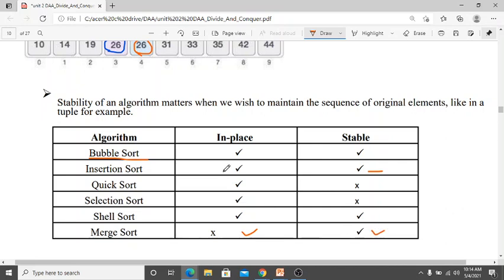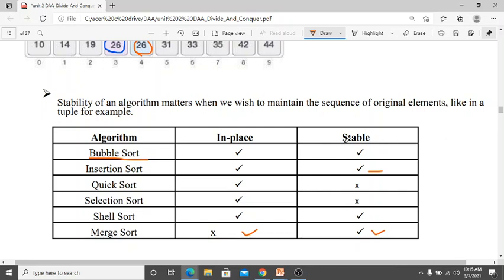Okay, so this is simple for a viva question, or maybe it will tell you in the example, give some examples of in place algorithms, then you need to give the names. And stable algorithms, what are the stable algorithms, then you need to give the names like bubble sort, insertion sort, shell sort, merge sort.